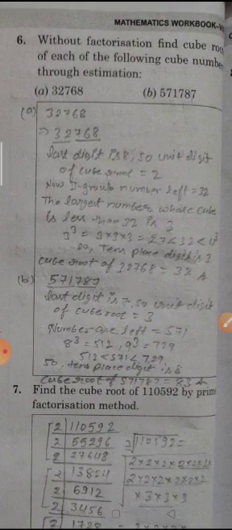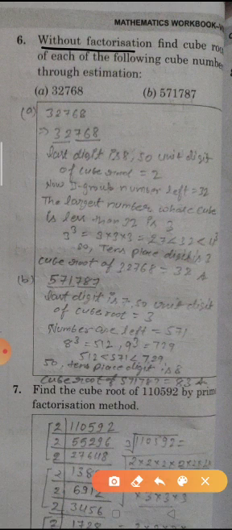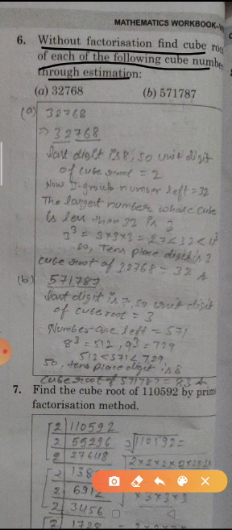Number 6. Without factorization, find the cube root of each of the following cube numbers through estimation. So 32,768. Now pairing of this number: this number ends with 8, so its unit digit is 2. Now 32 is greater than the cube of 3, because the cube of 3 is 27. 27 is less than 32, so its tens place is 3. So the cube root of that number is